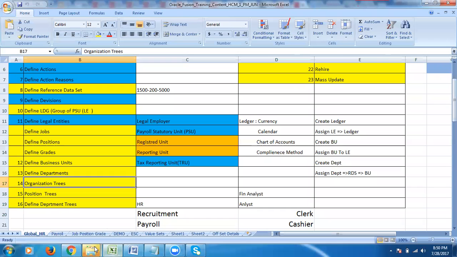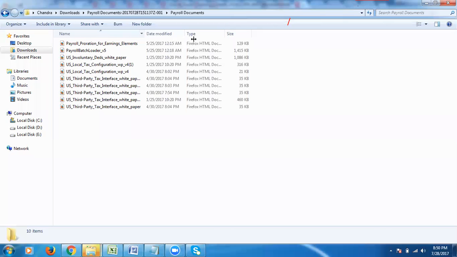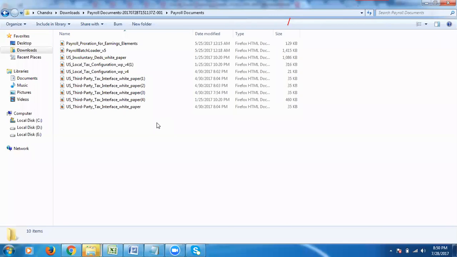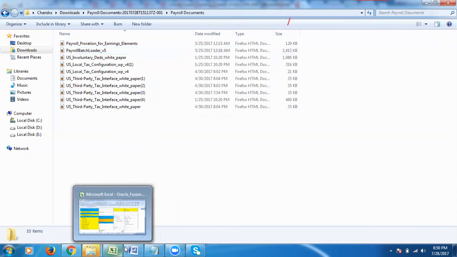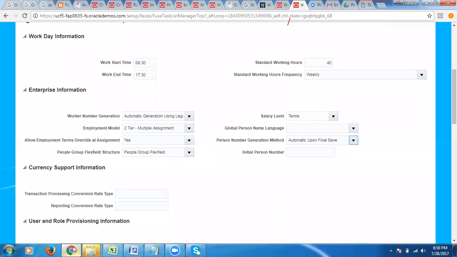So that's one thing. And here are some payroll documents which I have forwarded. I think Naresh has already forwarded. If not, no problem, we'll forward it again tomorrow. Mainly the payroll module. The payroll module we have discussed, and the remaining modules we have talked about maximum.